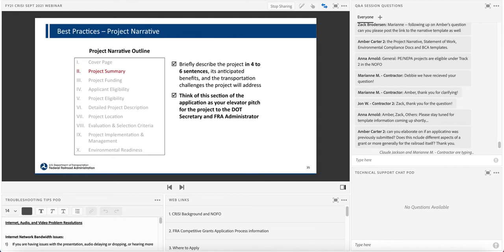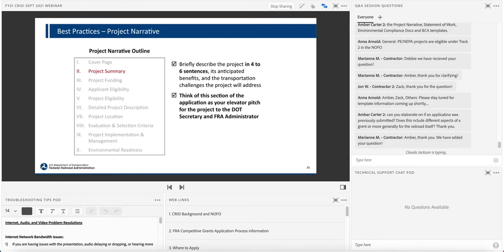In terms of the project summary, this is your elevator pitch. It is a brief description, 4 to 6 sentences, on what your project is, its anticipated benefits, and the transportation challenges the project will address. This needs to cut to the heart of the project without a lot of fluff. Your application will be competing with over 100 others at least, if past is prologue, and your summary needs to be very clear on what the problem is, how you plan to fix it, and why that should matter